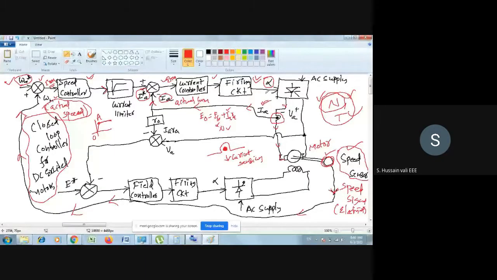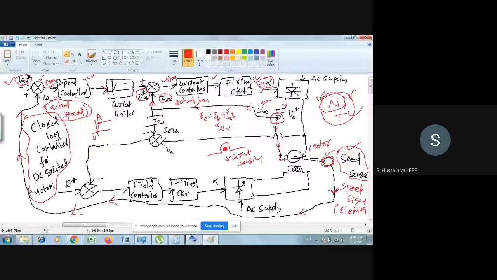Otherwise, you don't require any firing circuit. Let me tell you one thing. The main purpose of the firing circuit is, one, to generate the accurate value of alpha. The other main purpose is to enhance the signal which is going here, the base signal. With that enhanced base signal, the switching process will be rapid. That's the purpose of the firing circuit.